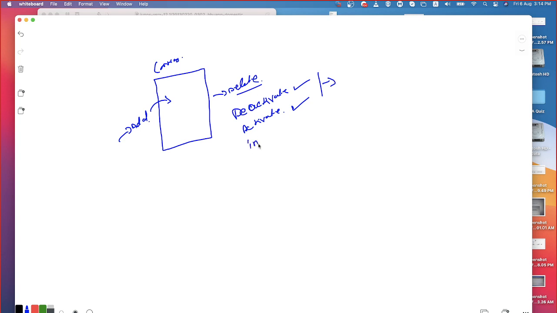There is also one more keyword that you need to understand, which is called insert. Just now I told you. What is that? Reordering. Yeah. Then one more important keyword is called what? Annotate. What is this annotate? Annotate is equivalent to comments.